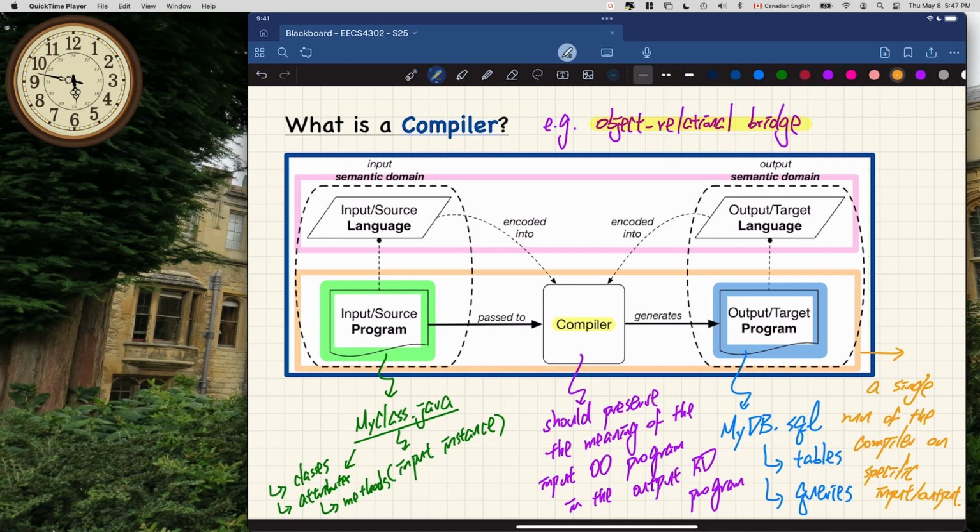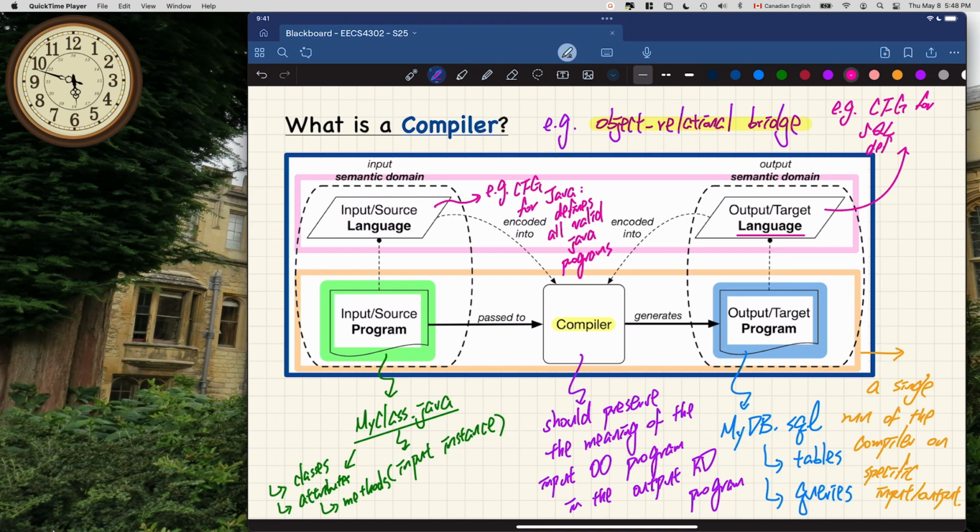Okay, so I'll just say over here, this one here could be the context-free grammar for Java. This one defines all valid Java programs, which can be taken as input to the compiler. And similarly, if you look at the output here, for the output language, it should also be a grammar, but for another language. So this will be, for example, the context-free grammar for the C language,